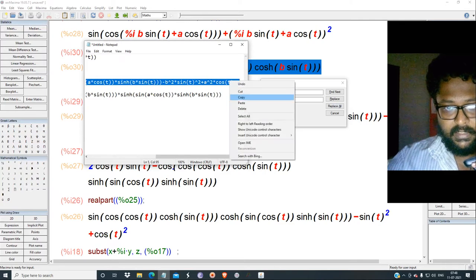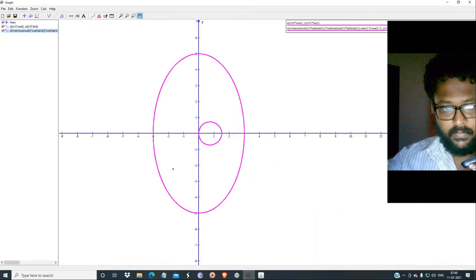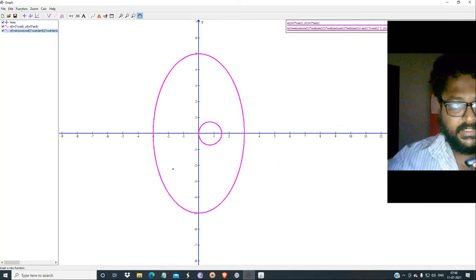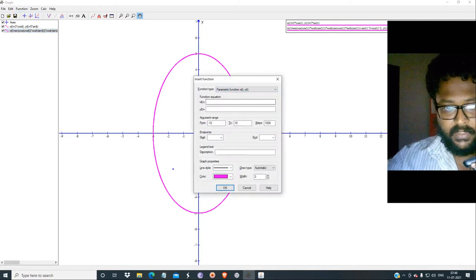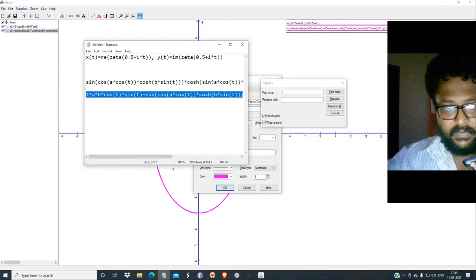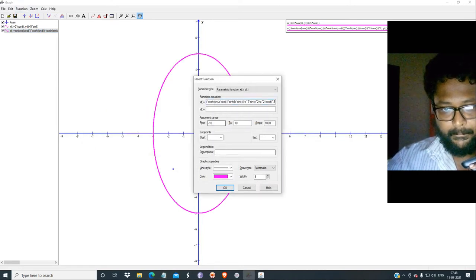Okay, copy this and get back over here and go to the insert function and go to the x of t, y of t. So this is for the real part and this is for the imaginary part. And you'll get a very bizarre function now.